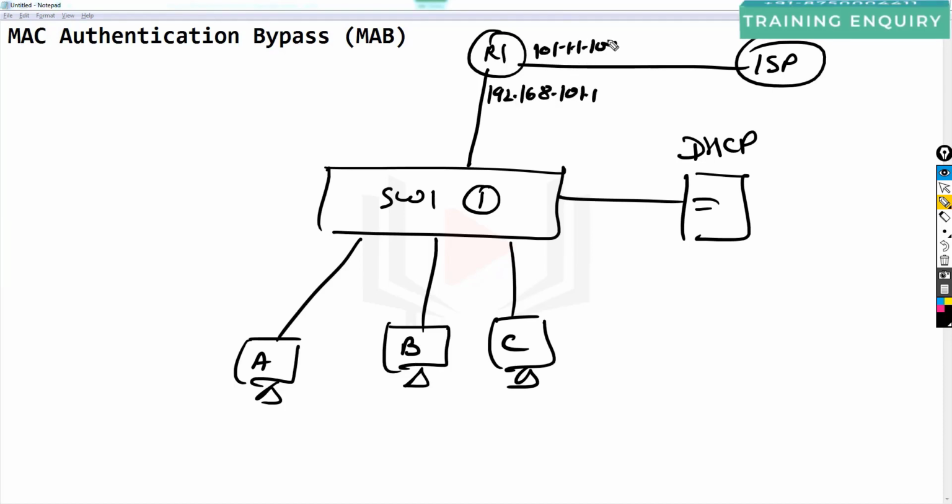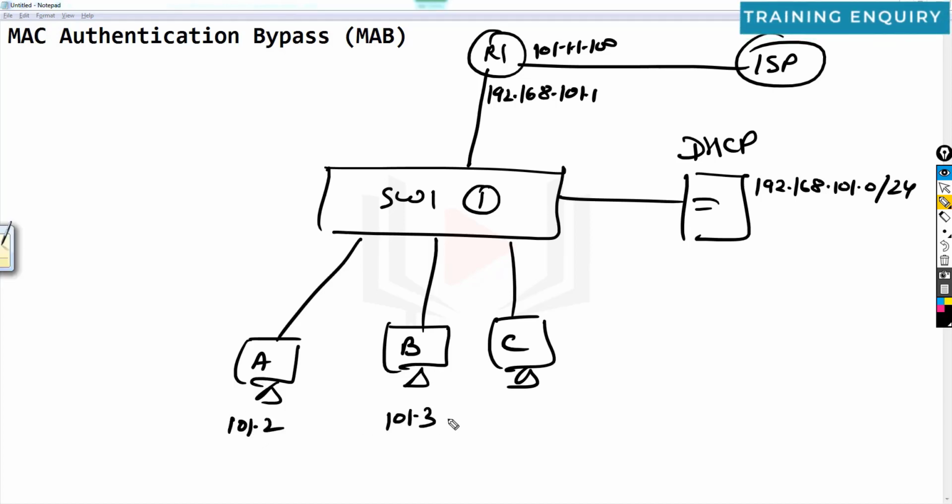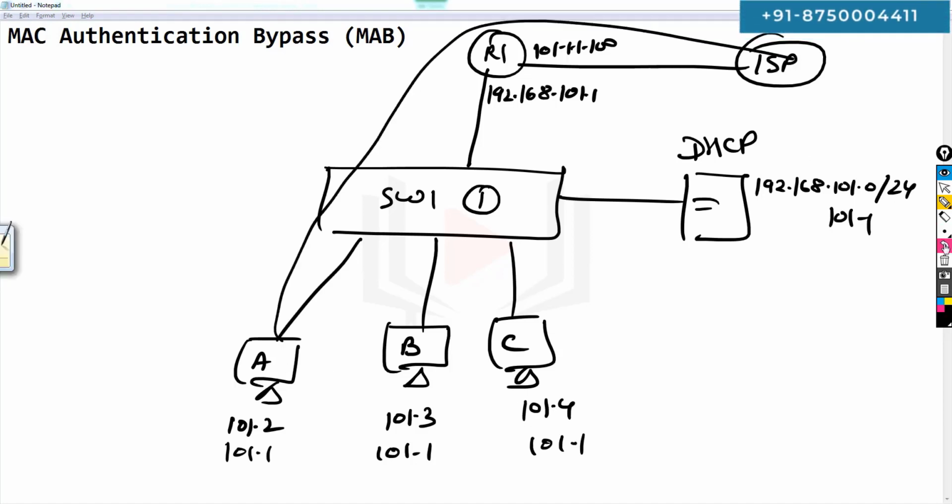We have a public IP address and we have configured a pool here, 192.168.101.0/24. When they boot up, they will obtain IP addresses, for example 101.2, 101.3, 101.4, and they will receive gateway IP address 101.1. Now using this IP address they can communicate with the internet.